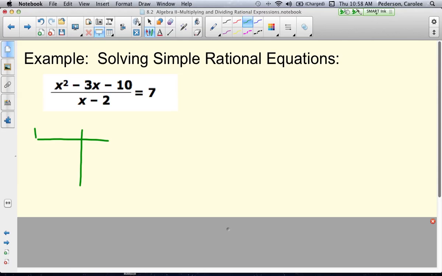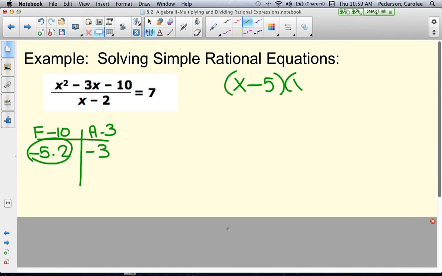What are the factors of negative 10 that add to negative 3? So negative 5 times 2 adds to negative 3. So we split the x's up as x minus 5 and then x plus 2